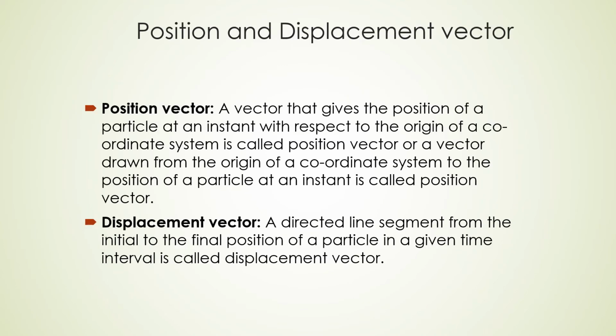Let's define position and displacement vector. A vector that gives the position of a particle at an instant with respect to the origin of a coordinate system is called a position vector, or it can be defined as a vector drawn from the origin of a coordinate system to the position of a particle at an instant. This position vector gives the position of a particle at an instant with respect to the origin of the coordinate